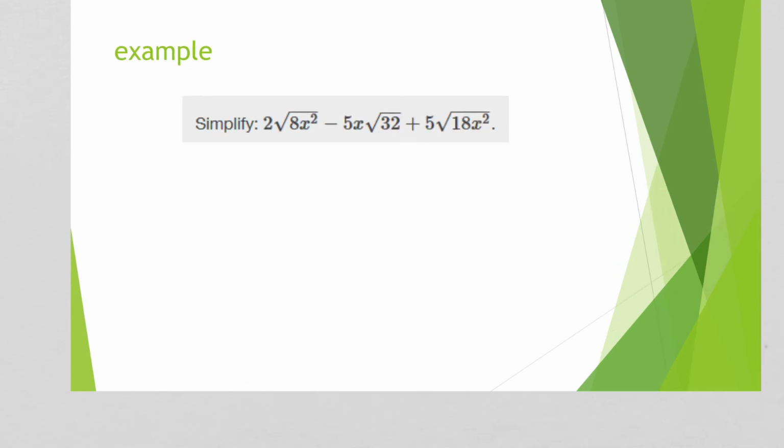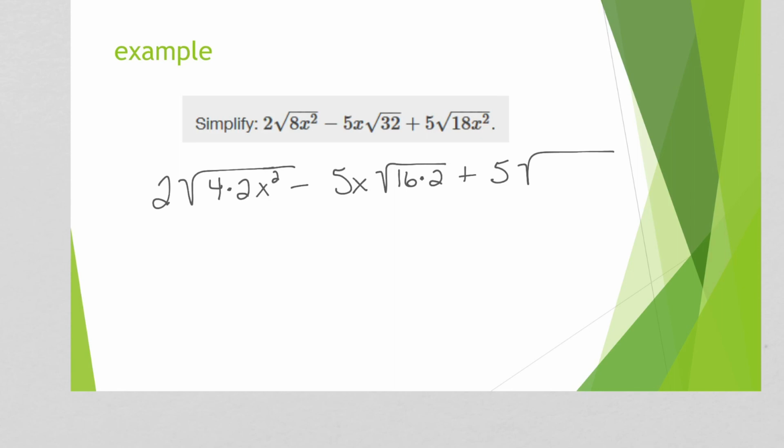Last problem. Okay, so let's see what we can do here. Let's simplify as much as we can, okay? So 2 square roots of 4 times 2 times x squared, minus 5x square roots of 16 times 2, plus 5 square roots of 9 times 2 times x squared. Okay, I'm going to circle all the things that I'm going to take the square root of. Take the square root of that. I'm going to take the square root of that,